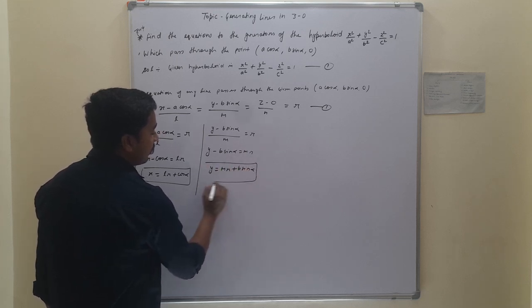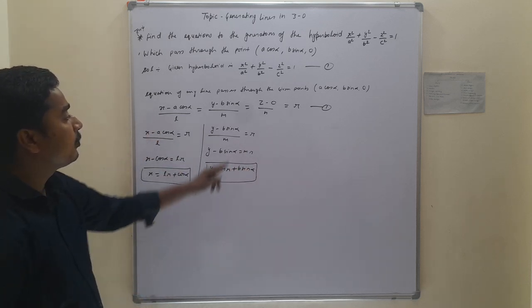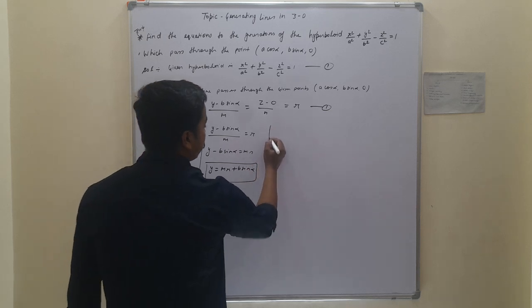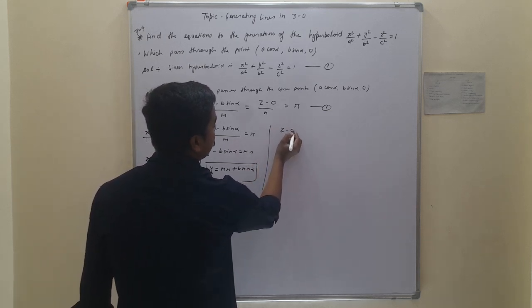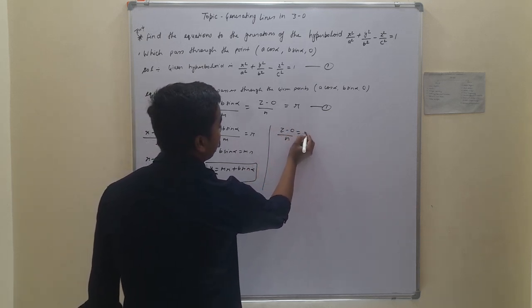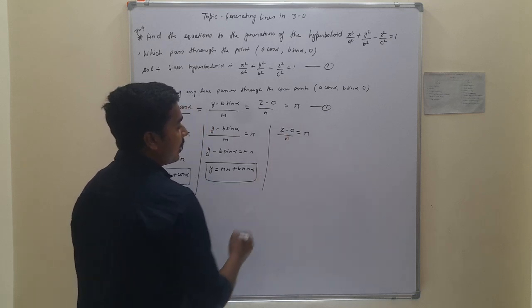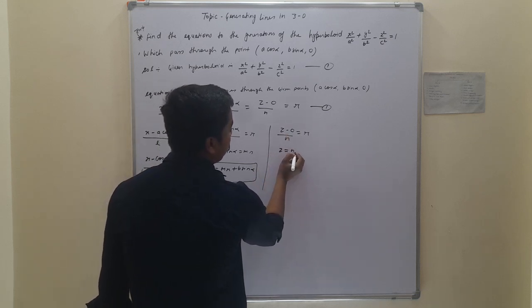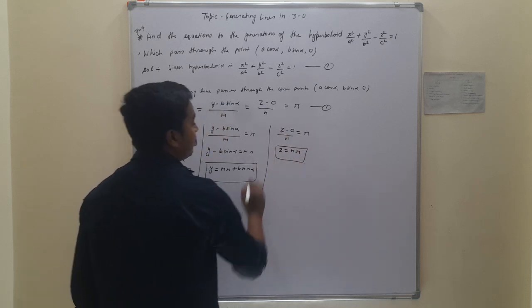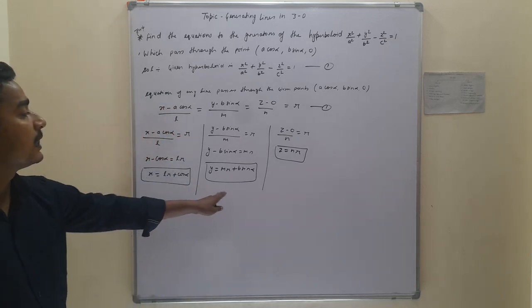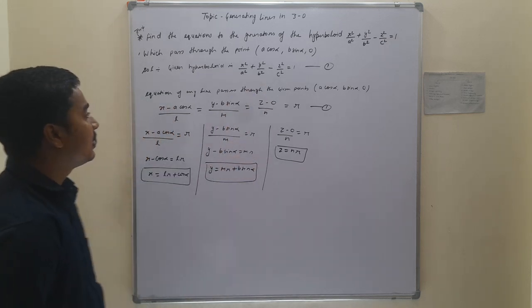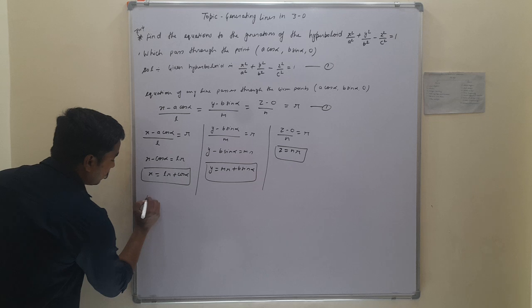This is the value of y. Similarly, z minus 0 upon n is equal to r, and multiplying by n, this gives z is equal to nr. And if this point x, y, z lies on the given hyperboloid,